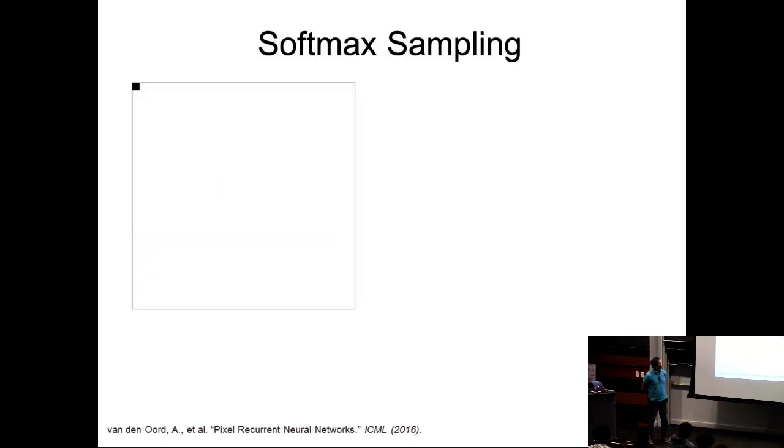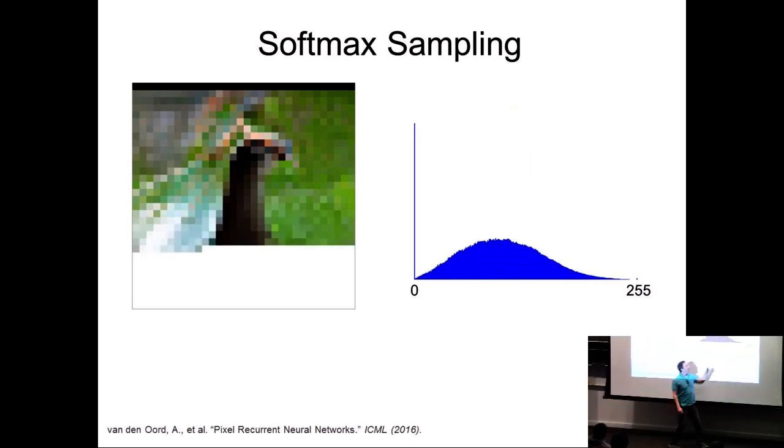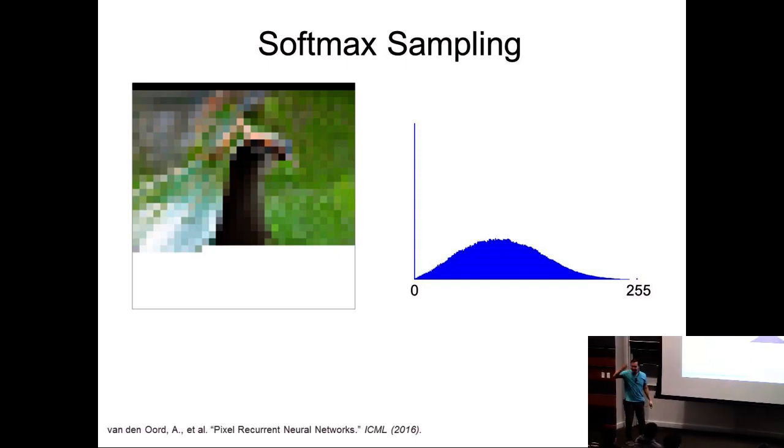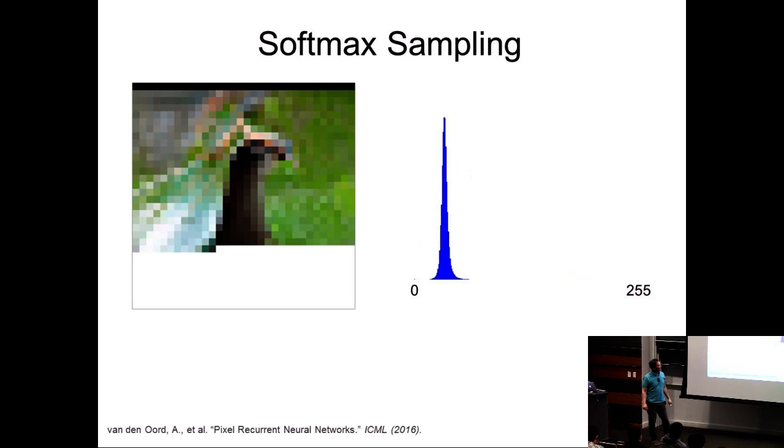So here's how you do it. You first sample the first pixel from some prior distribution. You sample the second pixel from the 256-dimensional softmax, and so forth. And you keep sampling. So now, for example, if I want to sample the next pixel, that's how my distribution would look. So I sample from this distribution. If I sample the next pixel, this is how my distribution might look. This is a discrete distribution, a softmax distribution over 256 choices. And then I fill in the next one, and this is what it's going to look like.